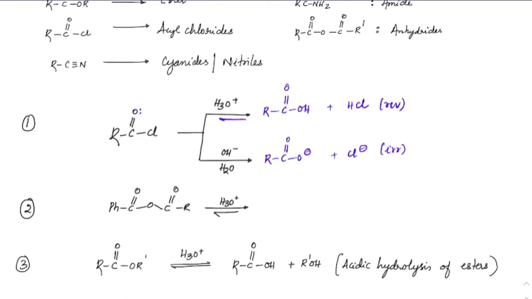Now, same is the case with anhydride. In anhydride also you can see that once the reaction has been done here in acidic medium, we will get this as RC double bond OOH plus RCOOH. Okay, the reaction can be reversed because in acidic medium, this will attack back as a nucleophile, right? SN2D will happen and you'll again get this. So this is also a reversible reaction.